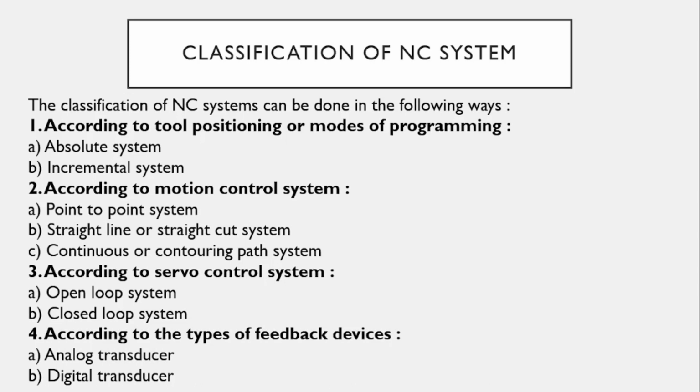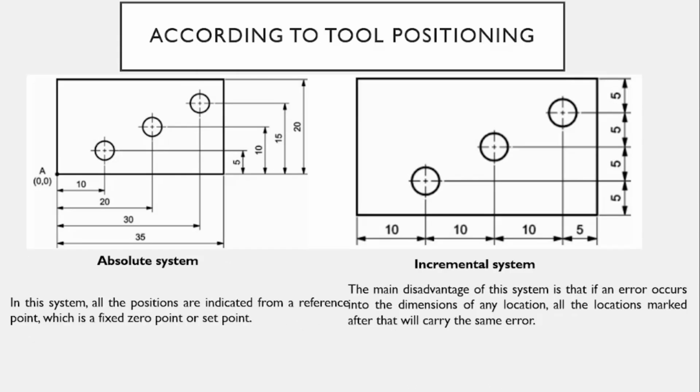The third one is the servo control system. One is the open loop system and another is the closed loop system. And the fourth one is the types of feedback devices: one is the analog transducer and another is the digital transducer. First one is according to tool positioning. When we look at the absolute system,